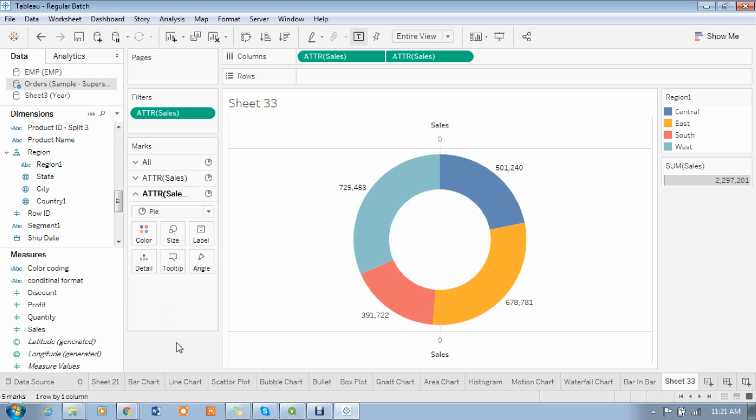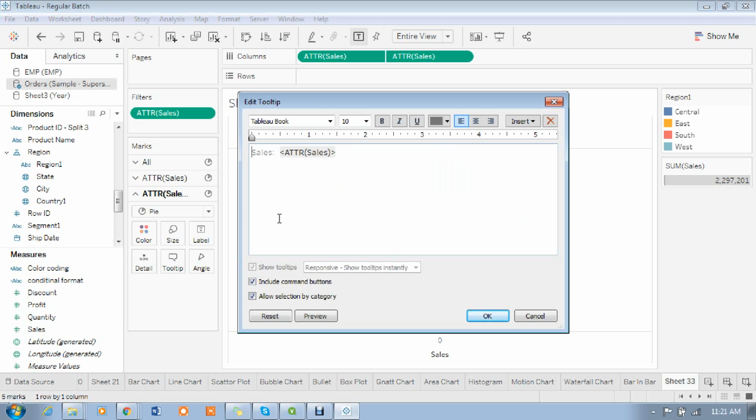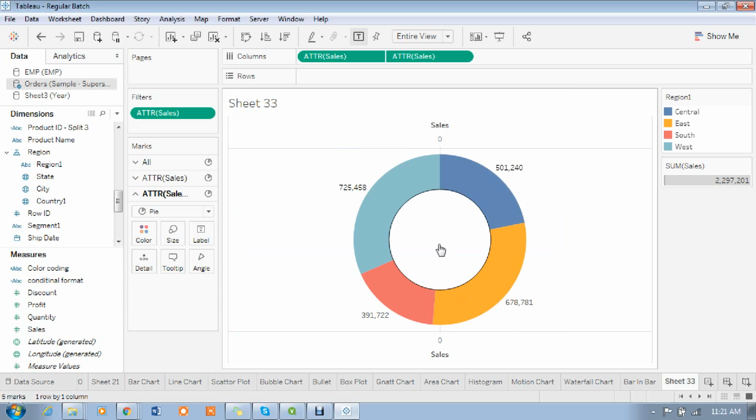Can you put the cursor here, madam? Yeah, that is sales. Right, sales, but there is an asterisk coming, right, madam? If you don't want that asterisk, you can change it in the tooltip here. Okay, remove this one, madam. Now you don't see anything. Here, see, there are some zeros coming.